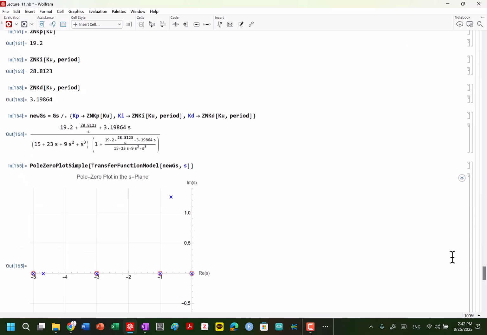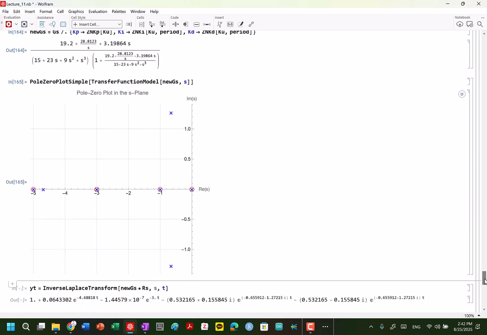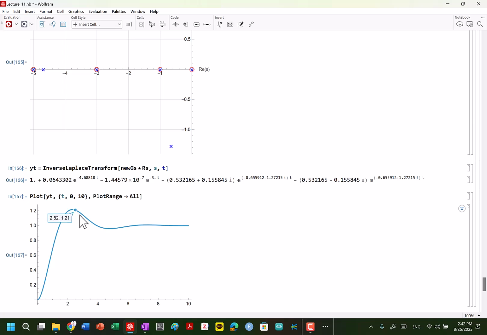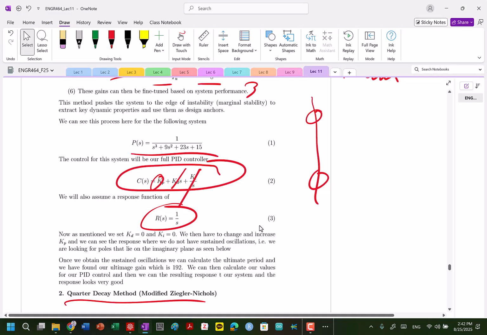Our new system looks like so. Are we stable? Yes, we are indeed. And then we can look at that system response. And look at that. Really nice, right? Responds, minimal vibrations, and then we reach that steady state. Fantastic. So that is our